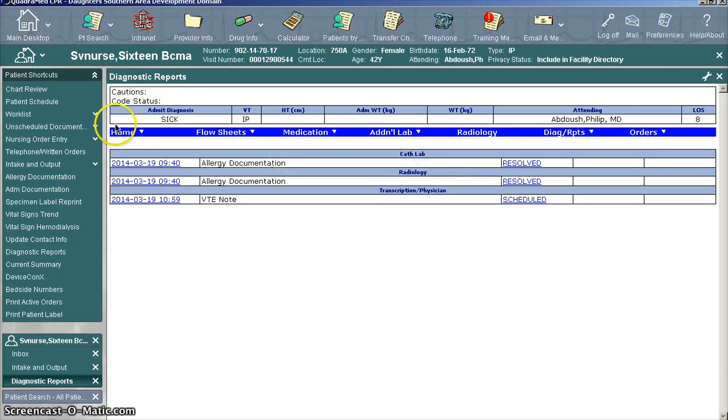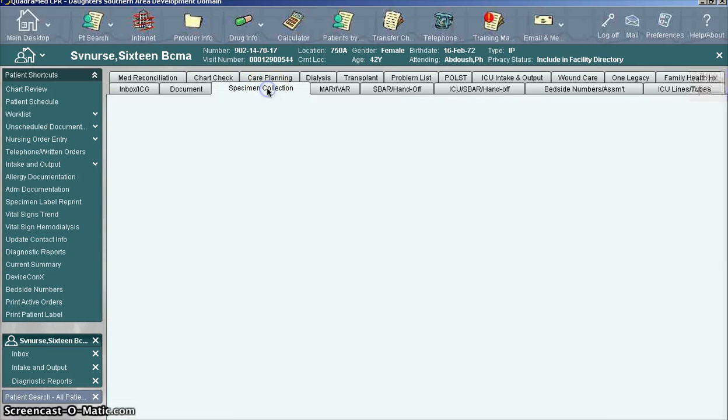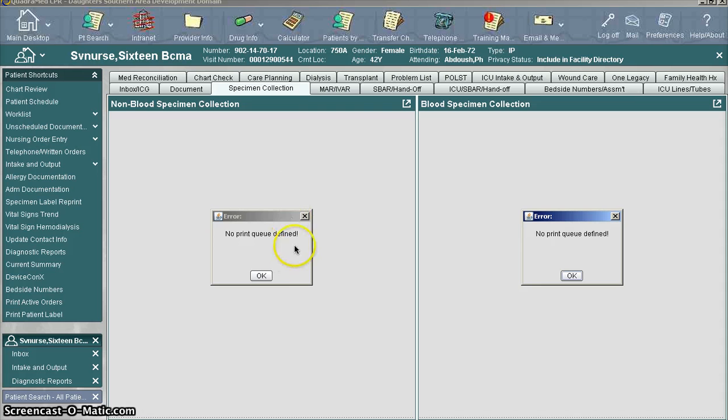Okay, so let's go to the little house and let me show you specimen collection. This is not for the lab collection, this is if the nurse had to collect something. So I had ordered before on this patient a respiratory